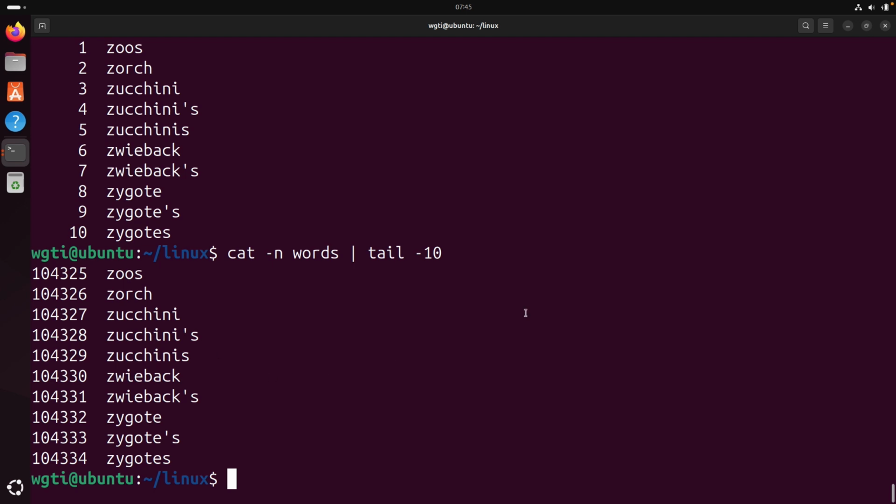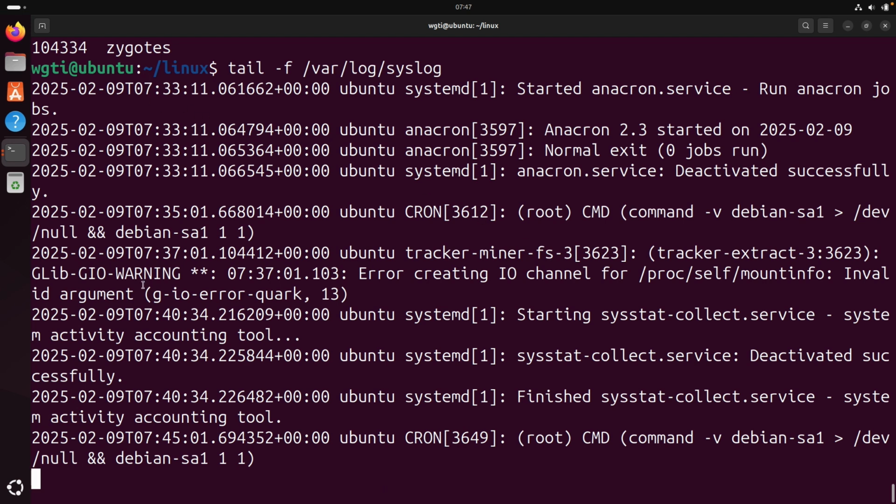Tail can be very useful if we would like to monitor, for example, system files. When I say monitor system files, in the syslog there are a lot of events being logged, and we can keep an eye on it. For example, we would like to troubleshoot if somebody cannot SSH into the server. What we can do is use tail with the F flag. It will keep the tail command open, meaning that it will continuously print whatever happens at the end of the file. In this scenario, this is the last 10 printouts, and I press return a couple of times